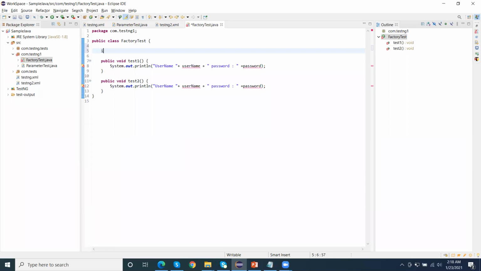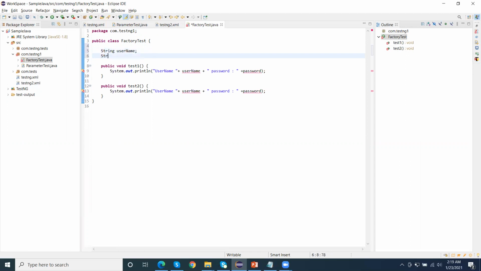I am going to create two variables at class level, username and password. These are the instance variables of the class.